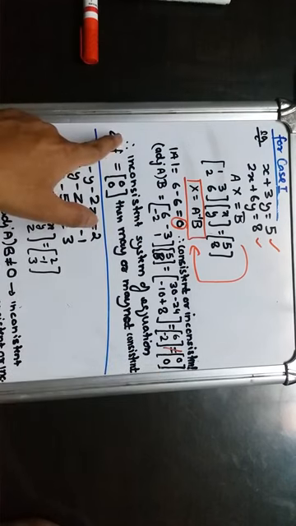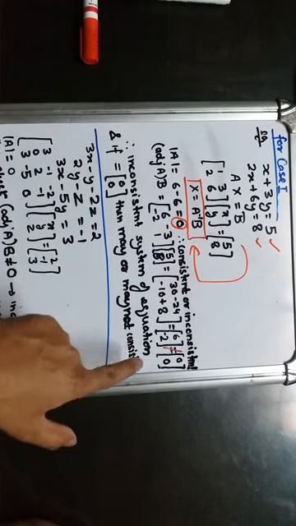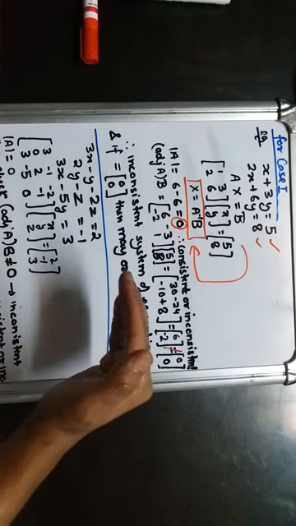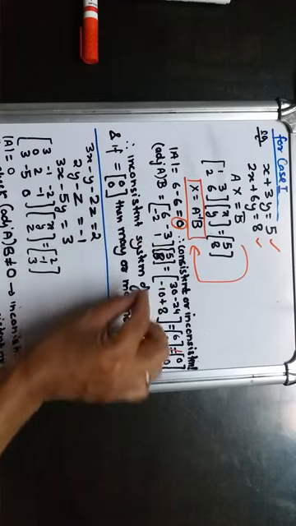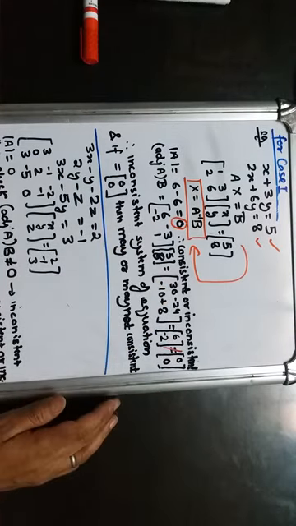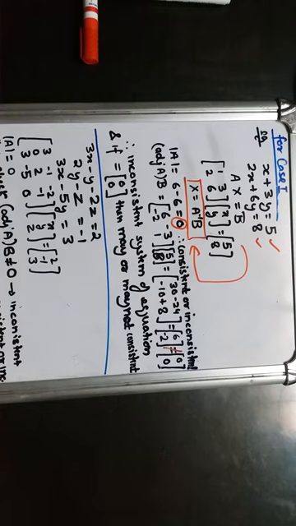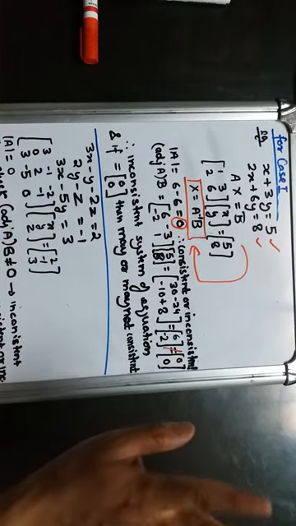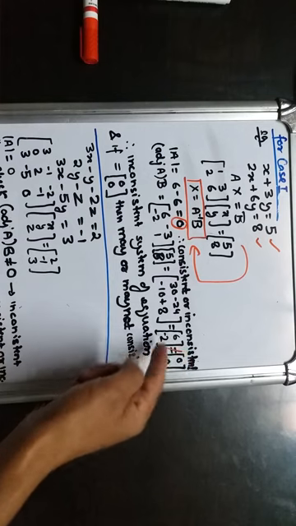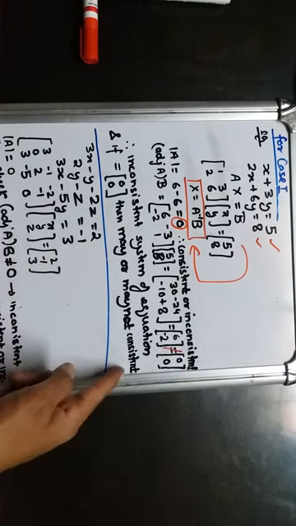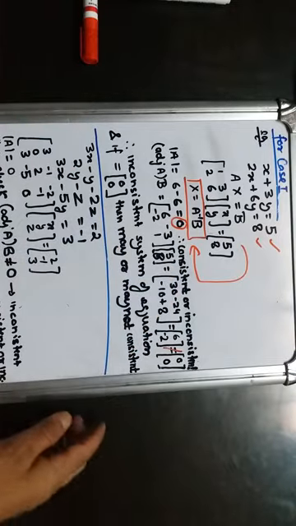So this is an inconsistent system of equations. You have to close the question here only. Just write this is an inconsistent system of equations. So no solution. In case of inconsistent, there will be no solution. So write no solution because it is an inconsistent system of equations. And if it would have been 0 or null matrix, then it may or may not be consistent. That case will not be coming.